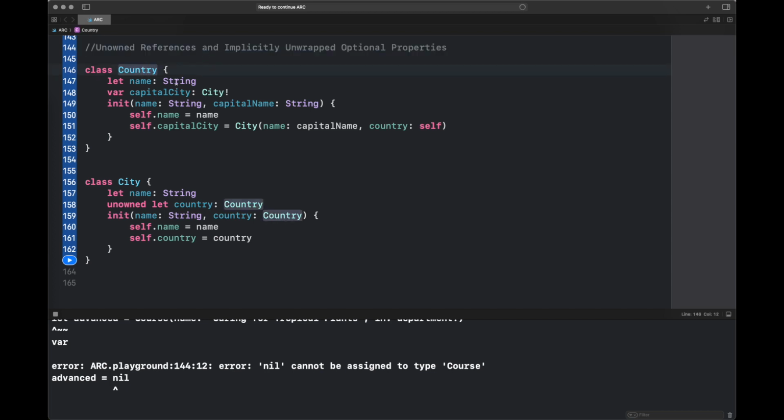Next we are going to discuss the case of unowned reference and implicitly unwrapped optional property. So you can see here we have a variable capital city, which is an implicitly unwrapped optional property, and we can directly use its value without unwrapping. This is the class Country. We have created another class City and it has an unowned constant named country which is of type Country,